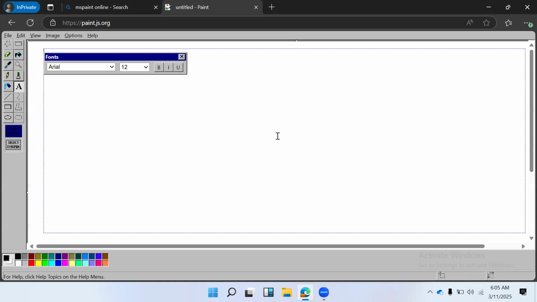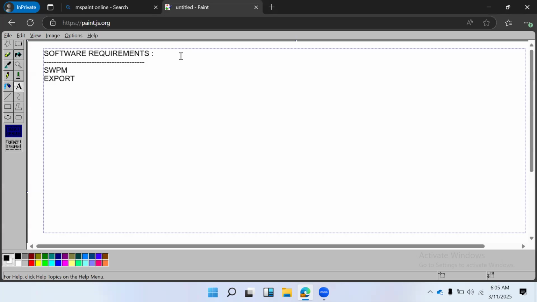When it comes to the software requirement, we need the SWPM software, the exports, the kernel, and the